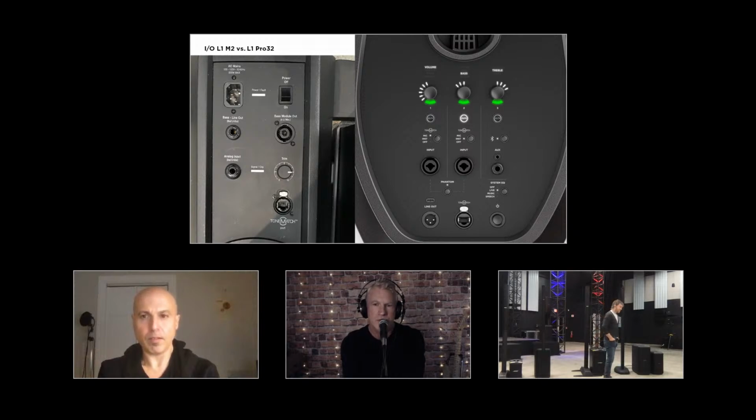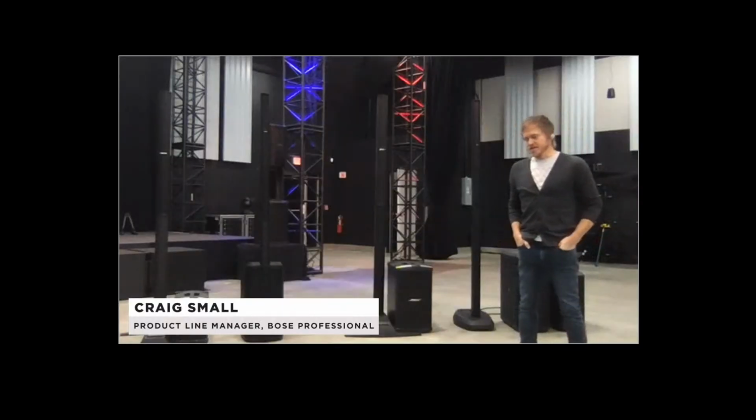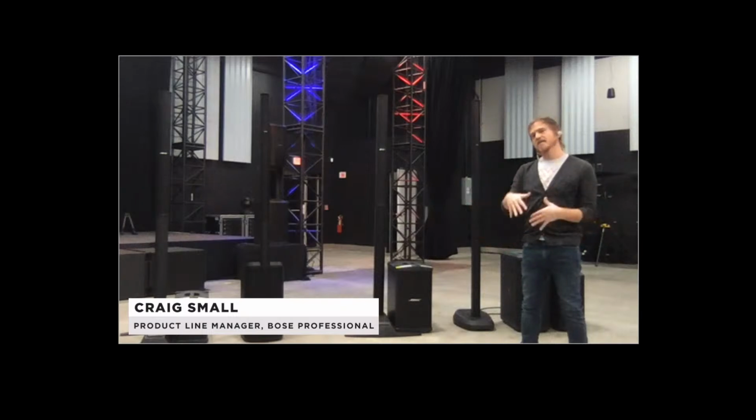And would 2 subs get you into the ballpark of a sub-2 in terms of output and frequency response? The frequency response wouldn't change. You'd just be getting more output. Gotcha. And of course, the option to configure that cardioid mode, because you have the one rear firing